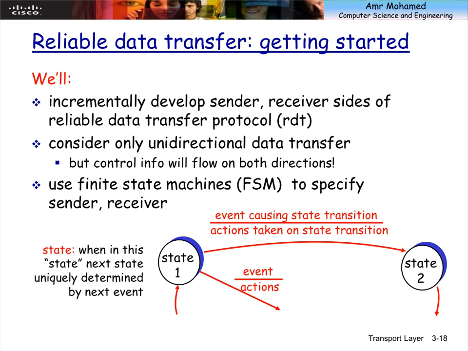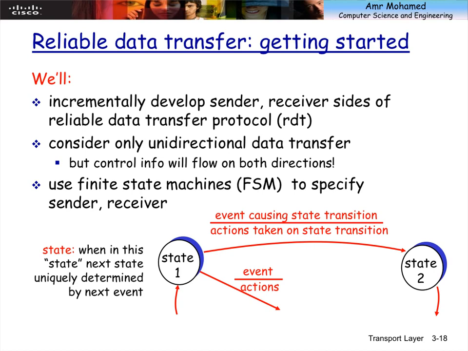Why is the sender side UDP, why is it not? The way we will go about designing the transport layer protocol is using a finite state machine. A finite state machine is a concept that you probably have studied in some courses before. Basically, when you design any system, you design it in terms of states.